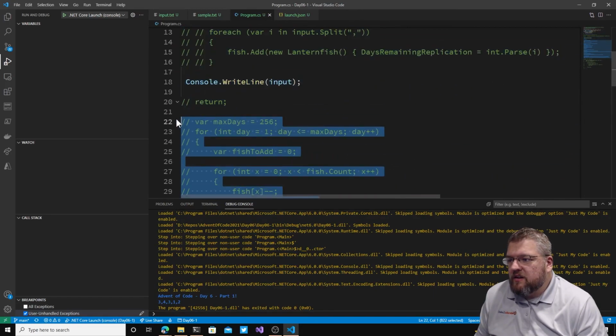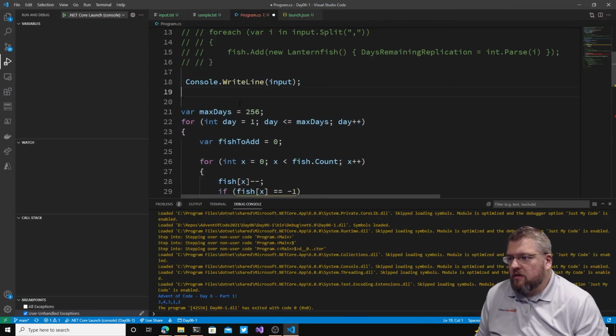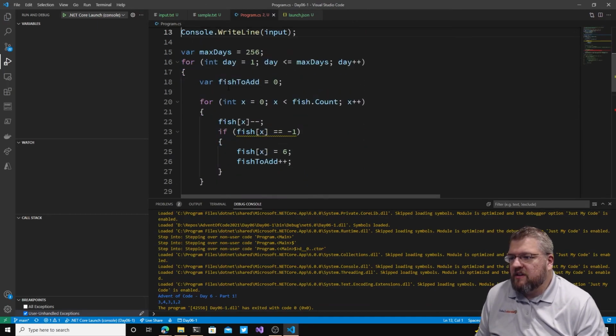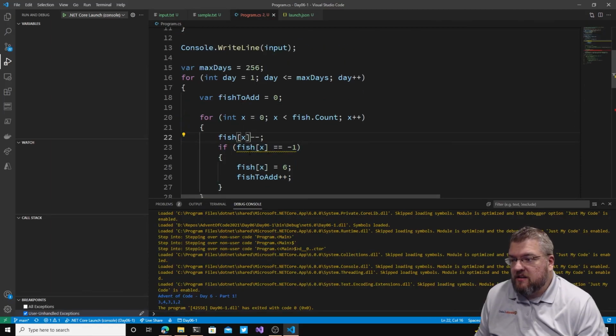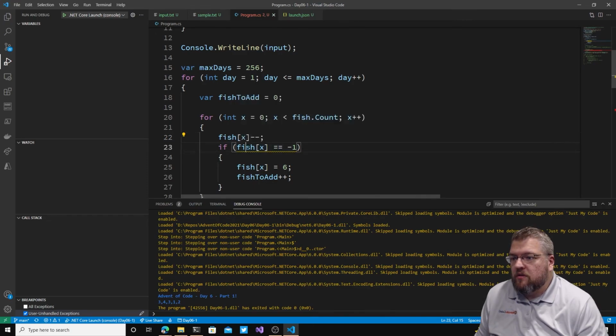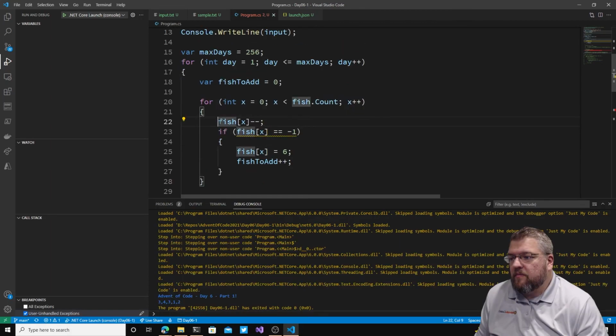All right, let's go ahead and undo. Let's undo our work here. So you got that return. Let's take out this lanternfish stuff because that's not necessary. Okay, let's still iterate over that list, right? So I can't decrement the byte value. I don't think that does what I expect it to do. So if I do